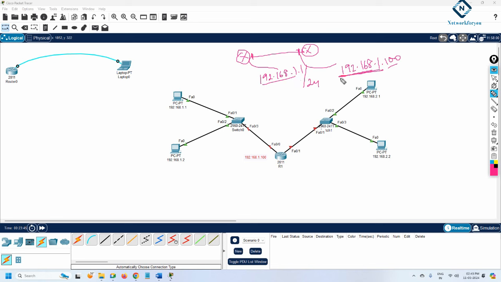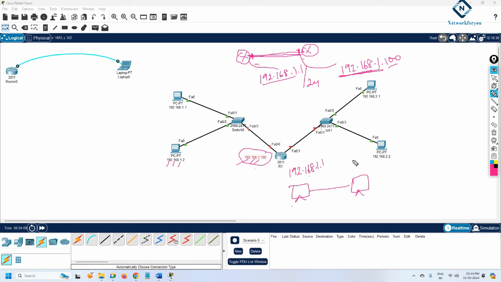Okay. So we will give this IP, and you need to remember that the network portion should be the same as we have here and here. Same thing here also we need to do, because whenever we are connecting directly, they both should be in the same subnet. Even if you are connecting two computers like this, they should be in the same subnet. If I am using here